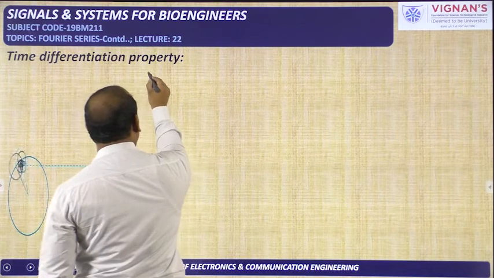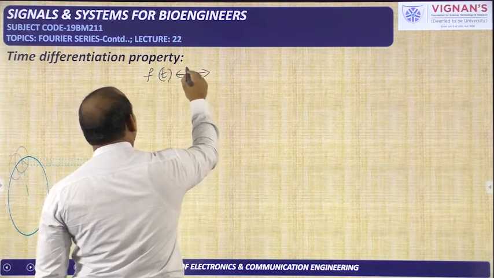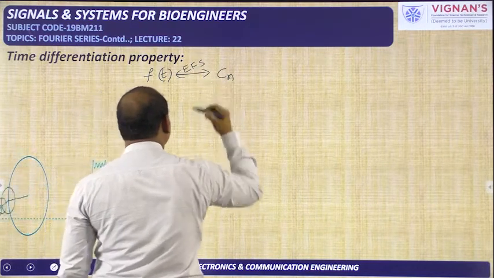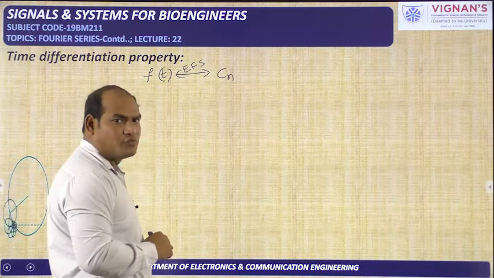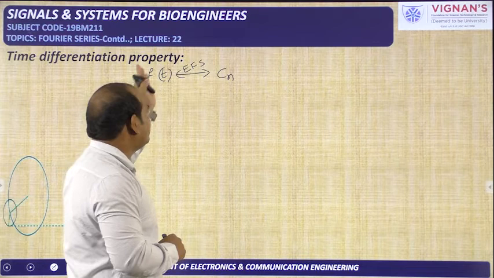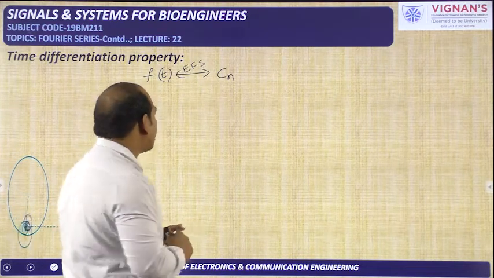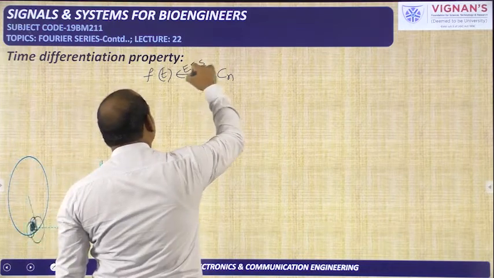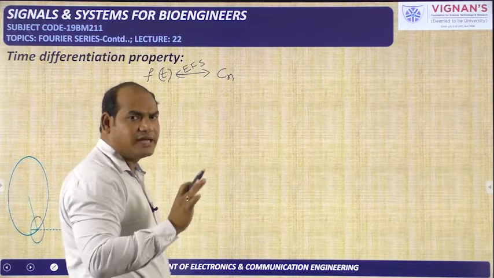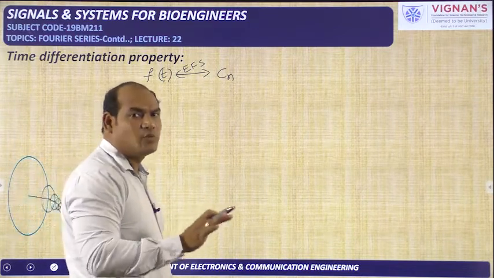Generally, if you observe, f of t is the periodic signal, and if you apply the exponential Fourier series you will get Cn. Cn is the exponential Fourier series coefficient. So this double-headed arrow indicates that from f of t you can get Cn, or from Cn you can get f of t, and these two are related by the exponential Fourier series that we already know. f of t is equal to sigma n from minus infinity to plus infinity Cn e power j n omega naught t.